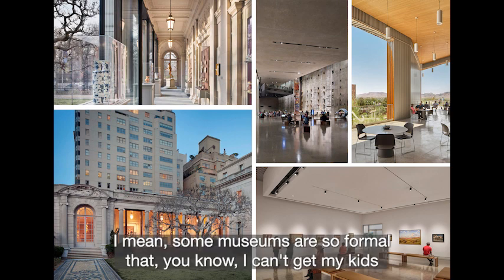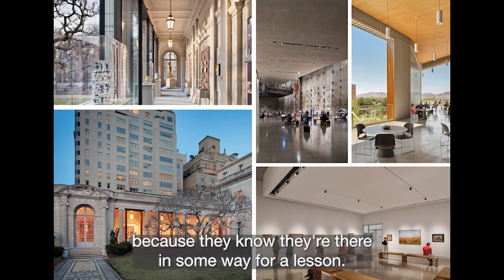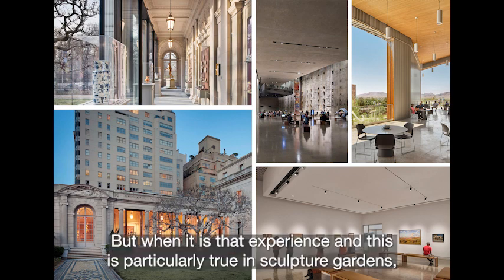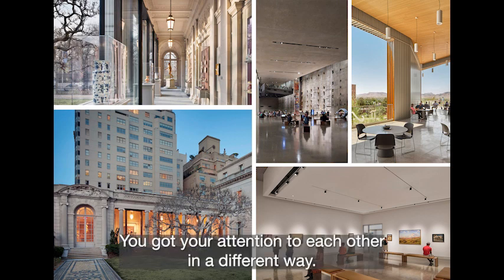Right. I mean, some museums are so formal that I can't get my kids to go to those. Right. Because they know they're there in some way for a lesson. Right. But when it is that experience, and this is particularly true in sculpture gardens, because you can do lots of things. You can pay attention to the art, you can pay attention to nature, you can pay attention to each other